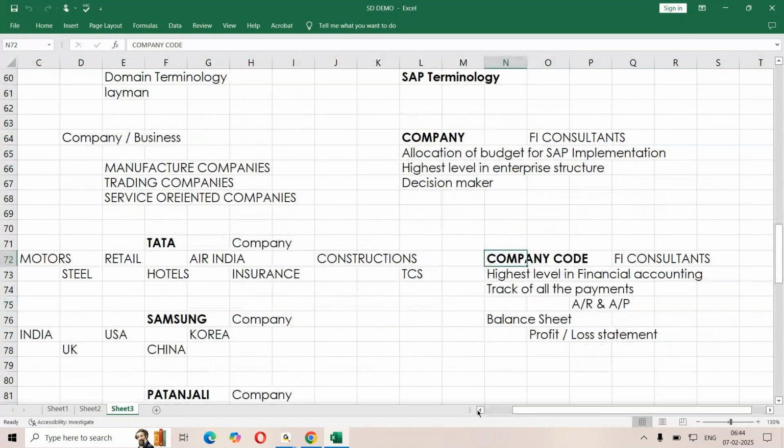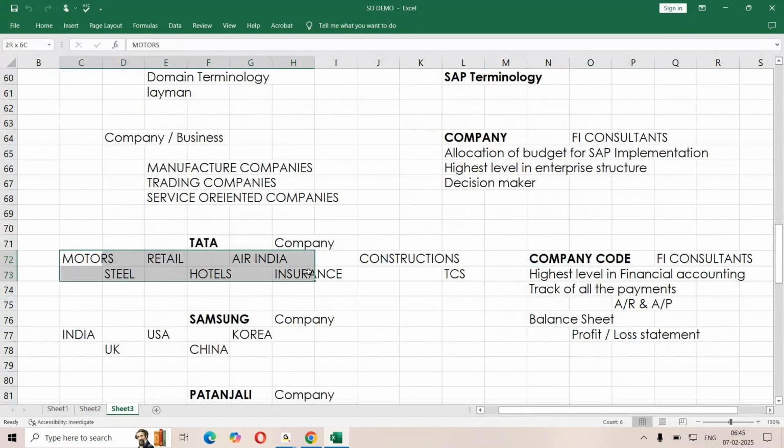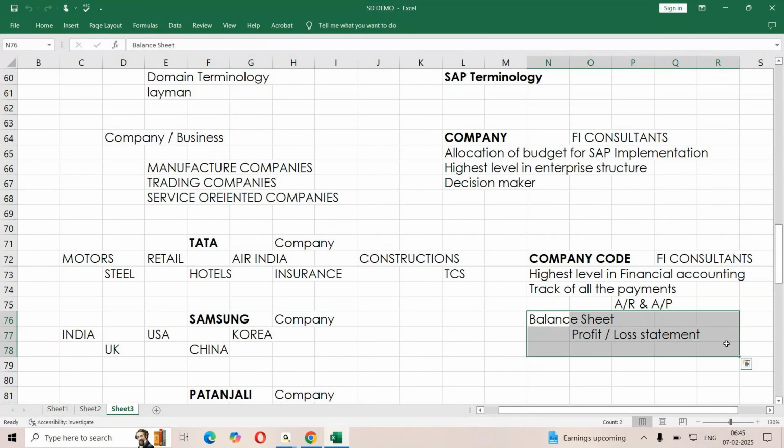I was trying to mention that if a company is running different businesses, each business we try to call it as a company code. And the reason why we try to map it is because of this particular thing. By investing a capital amount on a particular business, how much revenue we make, how much loss we make in a financial year, we are going to be generating a statement. For that, we need to make sure each business is going to be called as a company code.